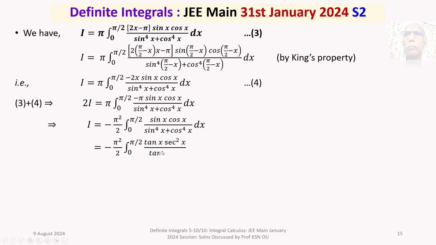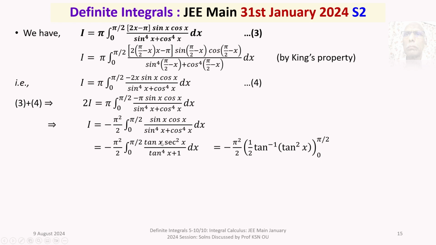Then you will get tan x secant square x by tan to the power of 4x plus 1. If you substitute t equal to tan square x, then you will get t square plus 1 in the denominator, and the dx will be